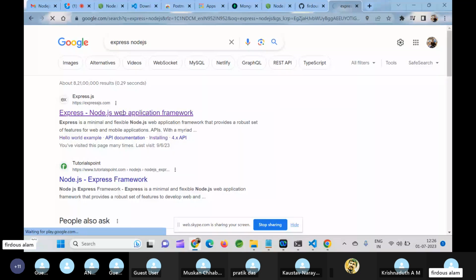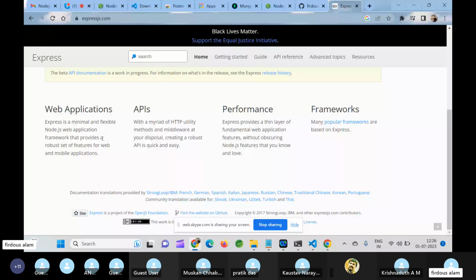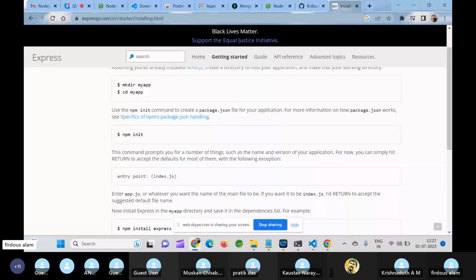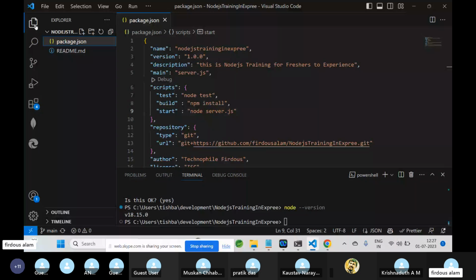Now I will write a hello world kind of code. Let us copy one hello world code from there. Since everything is set up in our machine, first we will install the dependency, or the framework, which we will use to write our code. Our framework's name is Express.